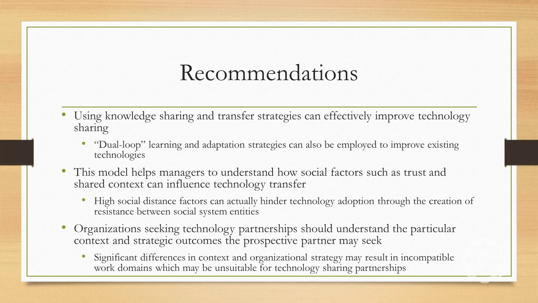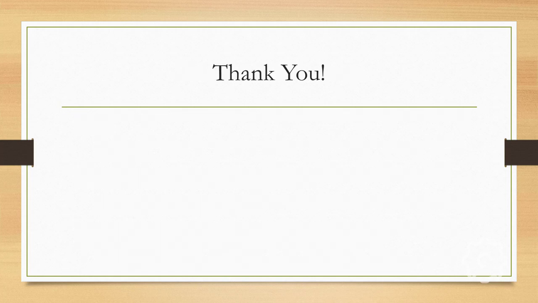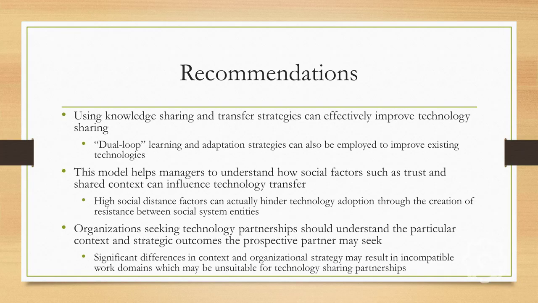I discuss this more in the paper if it's not very clear, but essentially, since management defines the work domain for the social technical system, if the social technical system is unable to achieve the work domain performance that the management system requires, then the technology will never be able to evolve to fit that need that the work domain that is defined by the management is required to have. Therefore, it is essential to understand and identify technology partners that at least have a compatible work domain in which they can effectively use the technology that you are going to share with them.